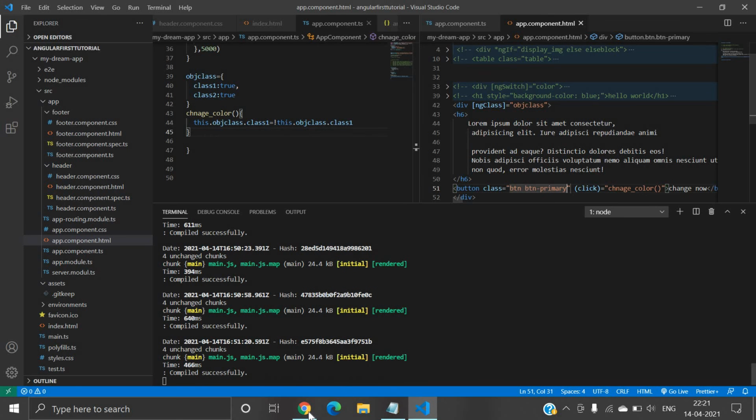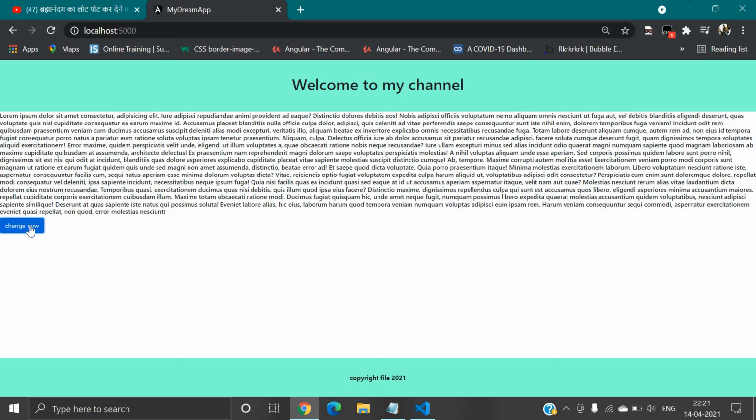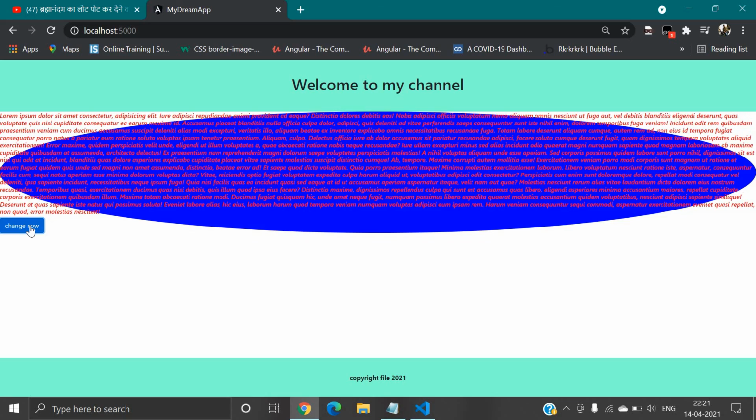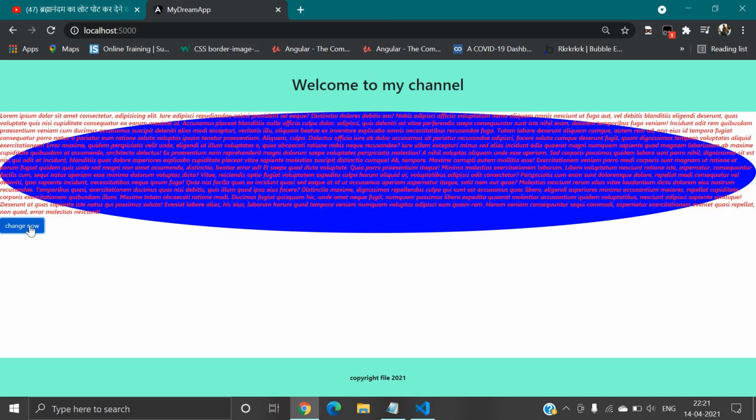Now again I will save. Whenever we click on this button, you can see the data will change dynamically. So it is just toggle functionality, how we can use it with ngClass.